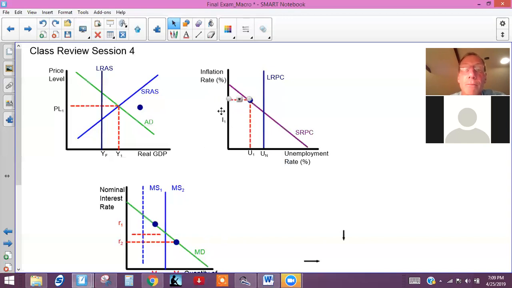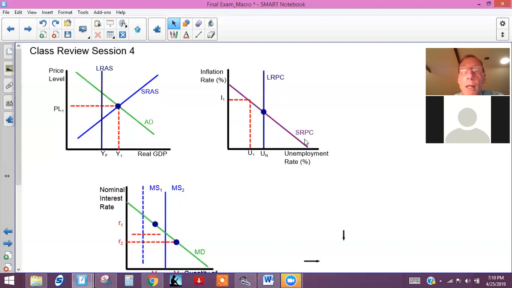You'd have higher inflation than if you went down here to this point where we're at the natural rate of unemployment. So this point right here matches up with a point along here. And this is obviously going to depend on what types of shifts you get in the short run aggregate supply and the aggregate demand. But over here in the Phillips curve, since there's only one short run,